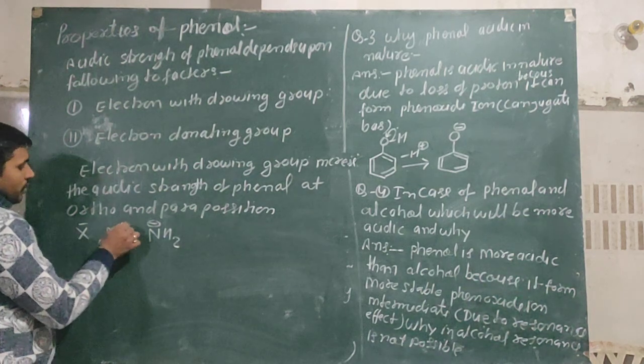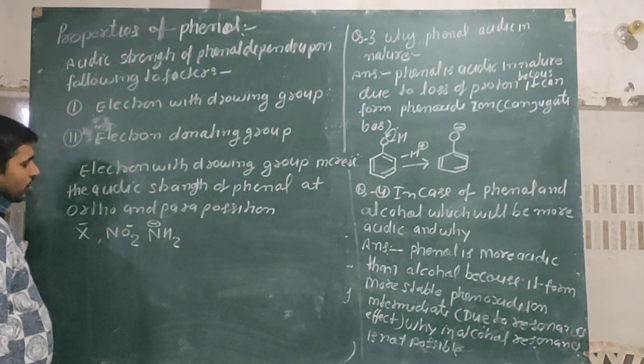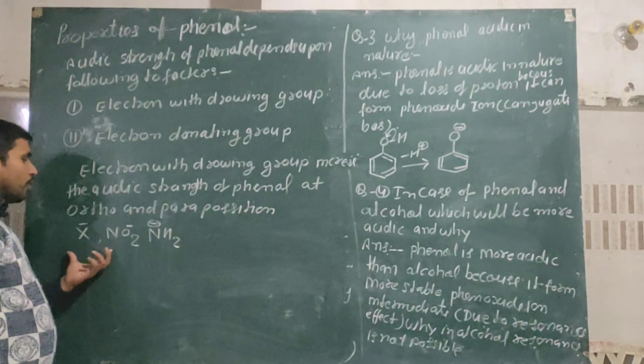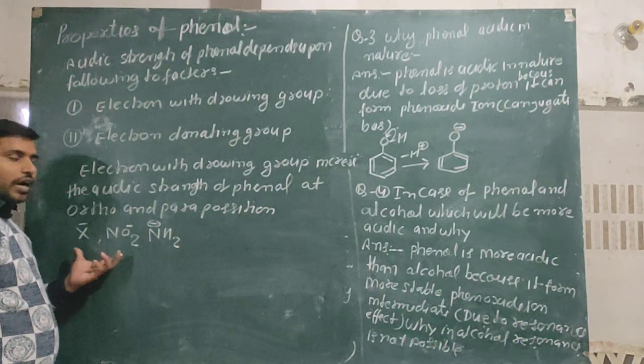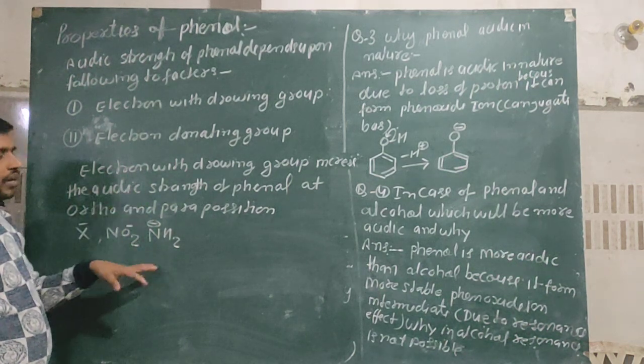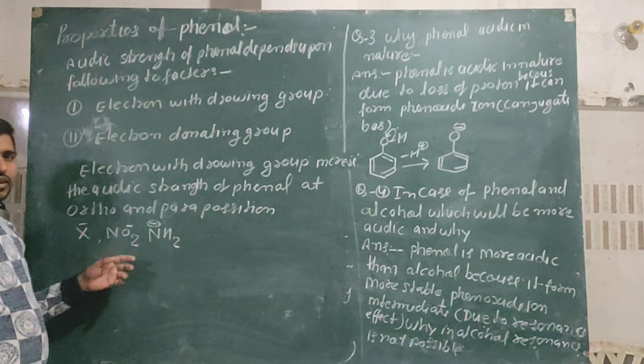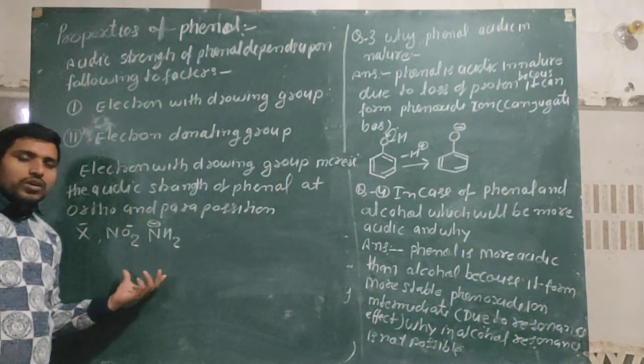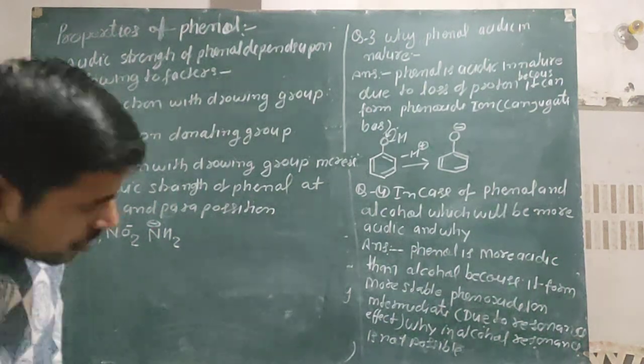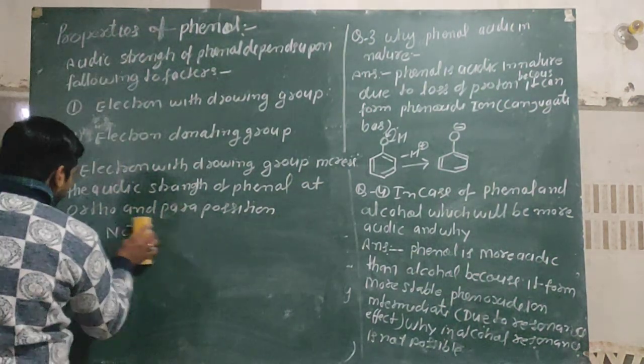Okay, if these groups are present and attached at the ortho and para positions, then you can explain that the acidic strength of the compound increases. You can see here,